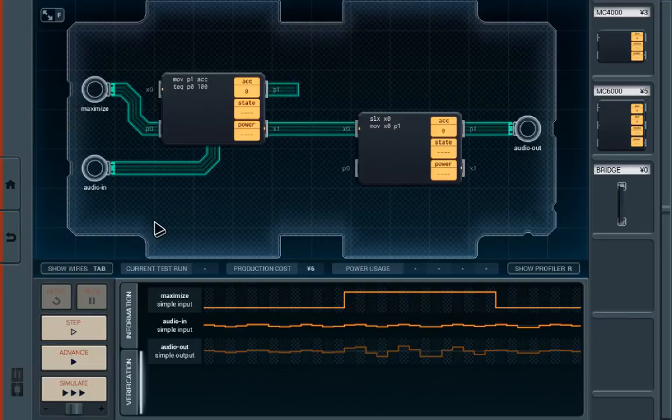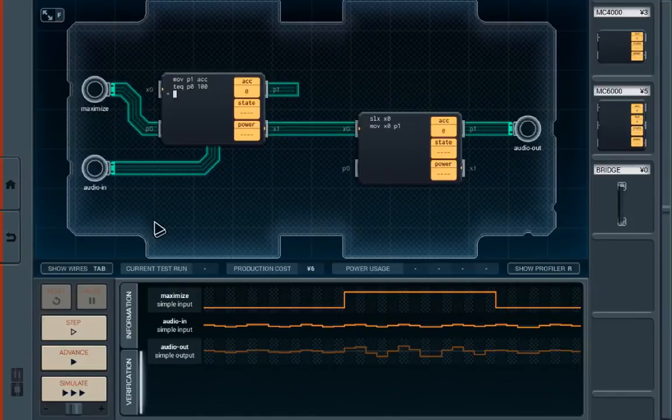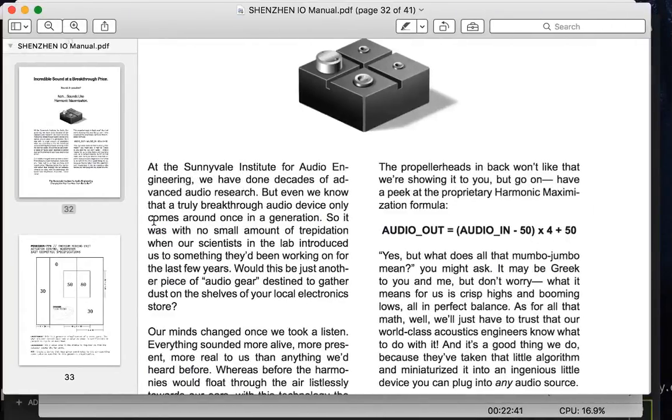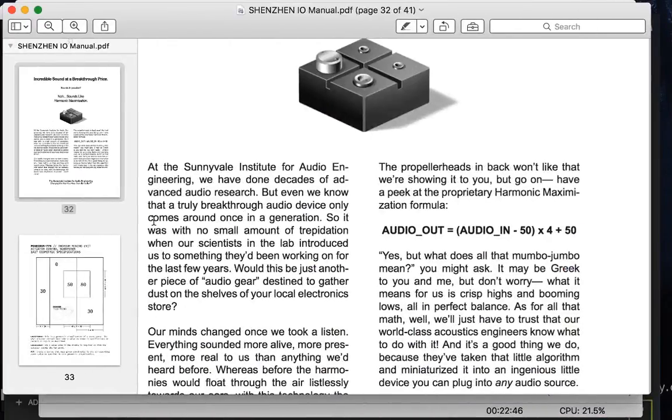Again, like in the last one, it makes more sense to have a plus instruction here. If it's plus, then we do what? Sub of 50, mul of 4, and add of 50, right? Wait a minute. Is this like some simpler algorithm? Can we express this in fewer steps? Seems like probably not, but right, this is so like